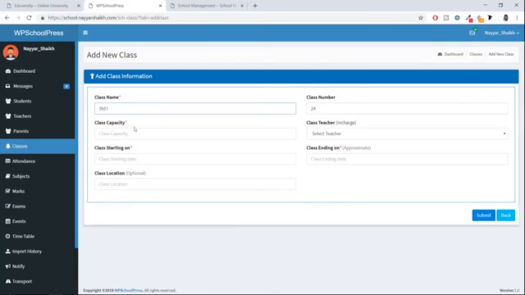And if you have different divisions of one particular class, for example, standard 1A, B, C, standard 10A, B, C, what you can do, under the class name, you can put something like this, standard 1A. Okay, so you'll know that. Now class capacity may be 40 students, and select the teacher. We haven't created any teacher, so obviously you cannot select a teacher over here.